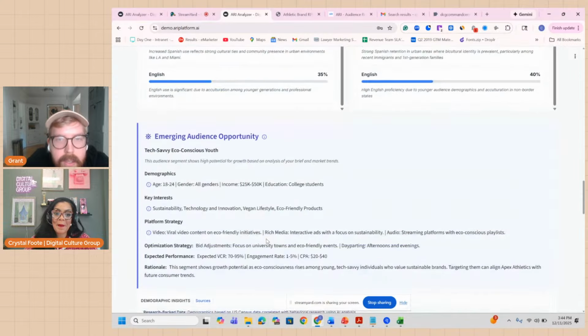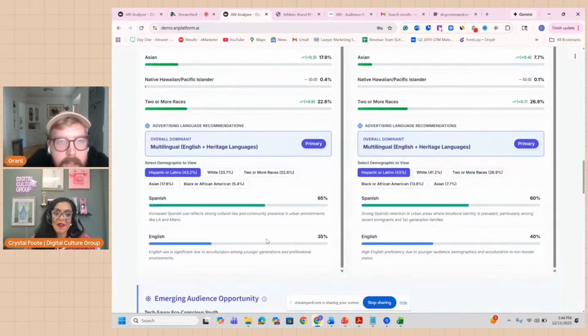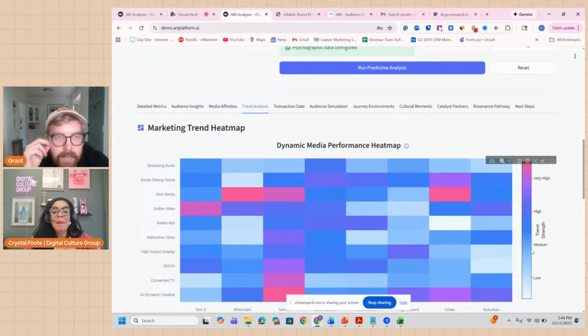All right, and then moving on, we also have media affinity, so we know where to reach this audience from websites to TVs. Our trend analysis lets us know from our toolkit at Digital Culture Group, what should we be leveraging to reach this audience? It is a dirty little secret that I'm exposing that when you're reaching these audiences, sometimes working with ad tech providers or sometimes even internal activation teams at agencies and brands, there is guesswork. They don't know how to reach this audience.